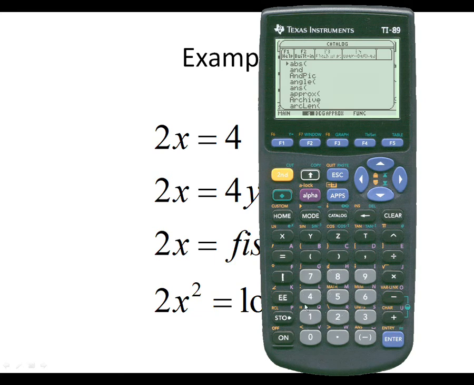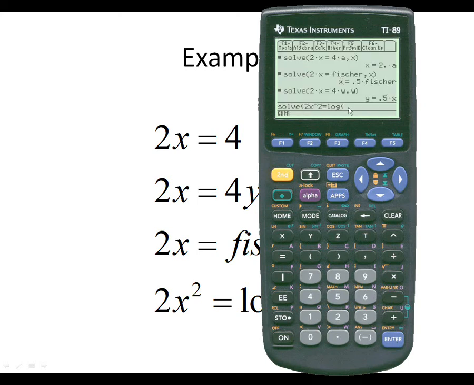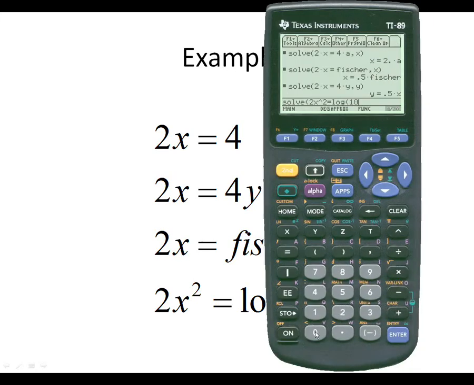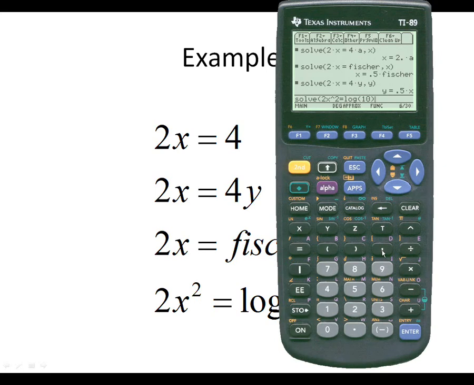If I click on L here, it'll take me right to the L's, so I can skip and go right to log, and that's your log base 10. Log base 10 of 10, which is, I think, just 1. But that's okay, we don't have to worry about that, and I'm going to solve for x, so comma x,